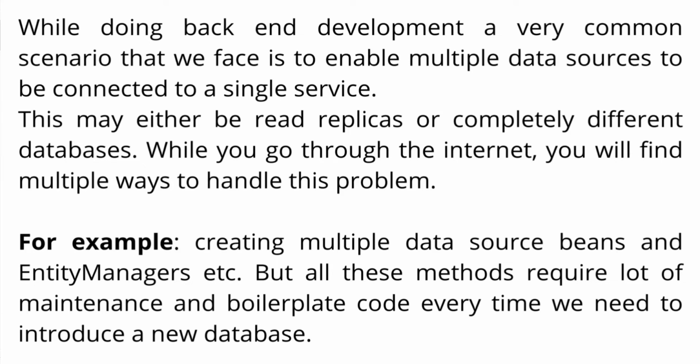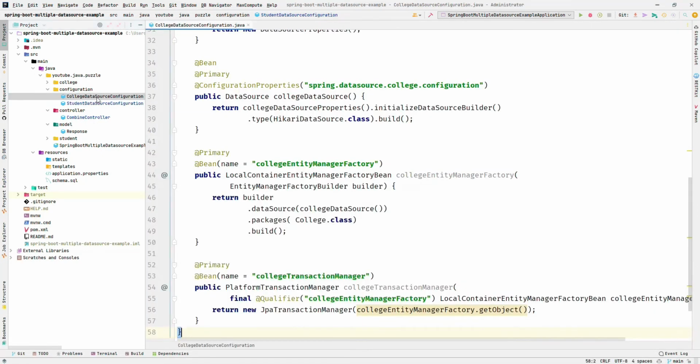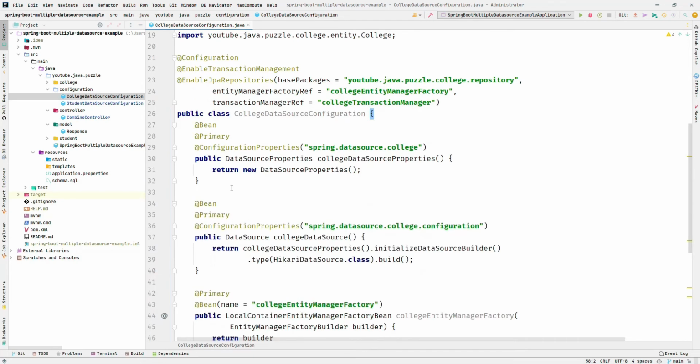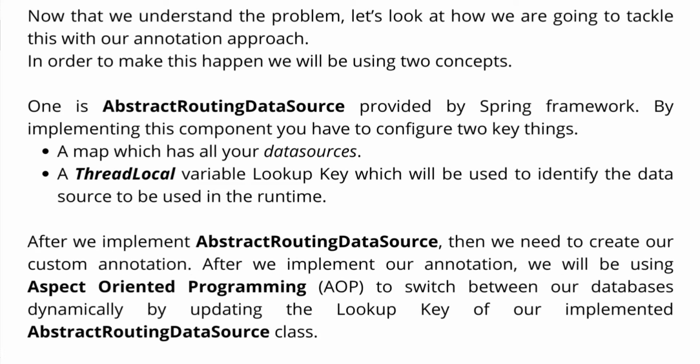So let's suppose, for example, creating multiple data sources, an entity manager, etc. But all these methods require a lot of maintenance and boilerplate code every time we need to introduce a new database, right? Lastly we discussed the college and student configuration. No worry, if you don't know about that, you can check out my video. There you can see the purpose of doing that. Now that we understand the problem, let's look at how we are going to tackle this with our annotation